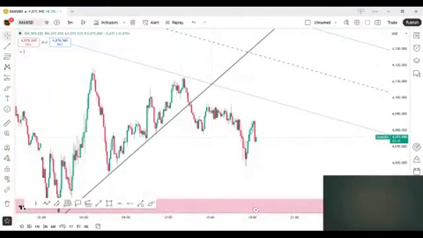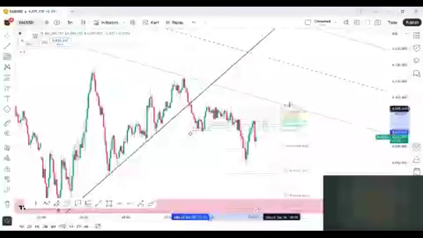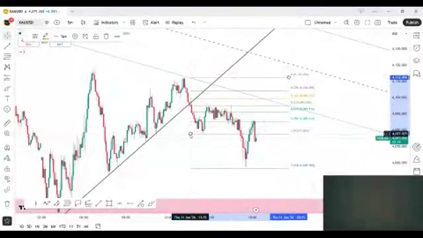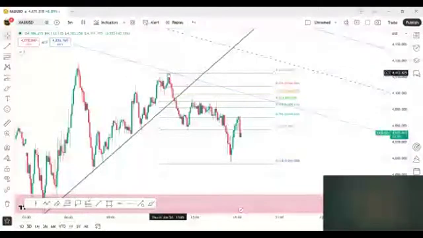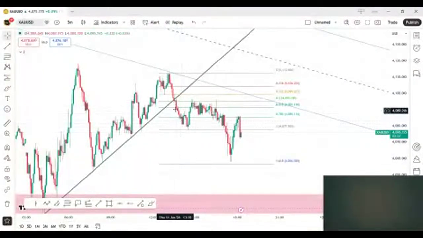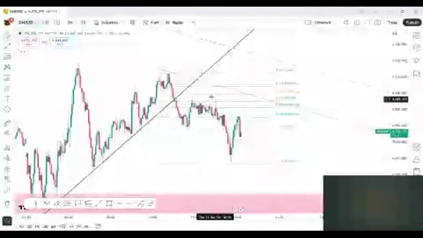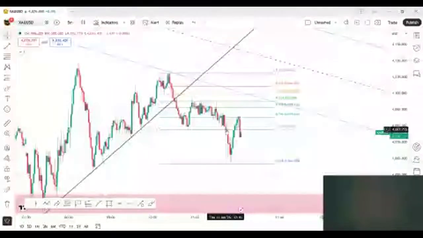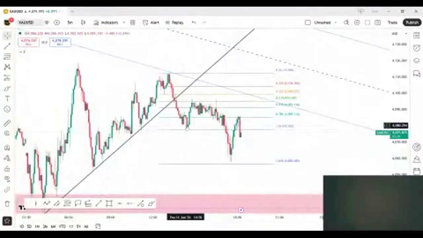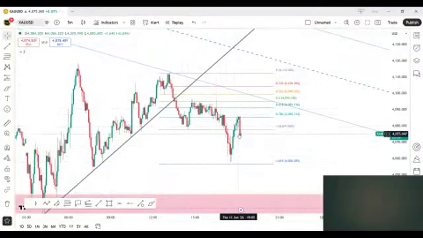So if you look at this zone area, you're going to see that the market has already given us the proper retracement. The market, from this zone area, breaks that structure, breaks that trend line, and then gives us a beautiful retracement. I talked about this retracement in my last lecture. The market gave us a really nice retracement, and then again gives us the break of structure. So the market created the lower low, lower high, lower low, and again the lower high.